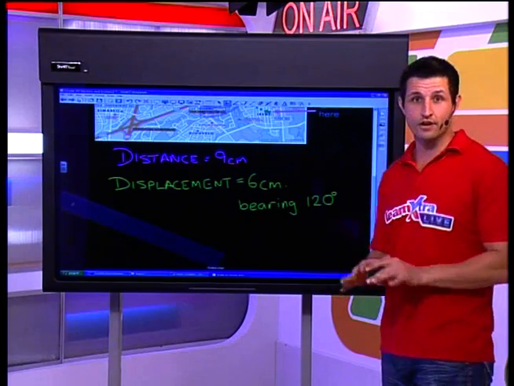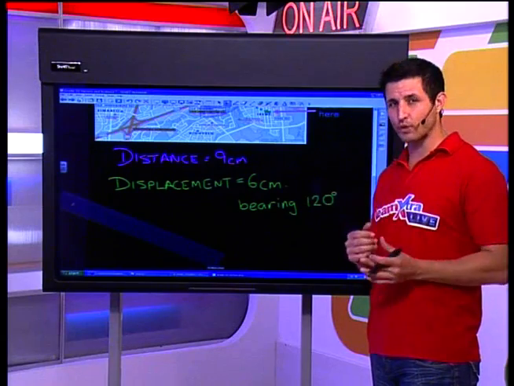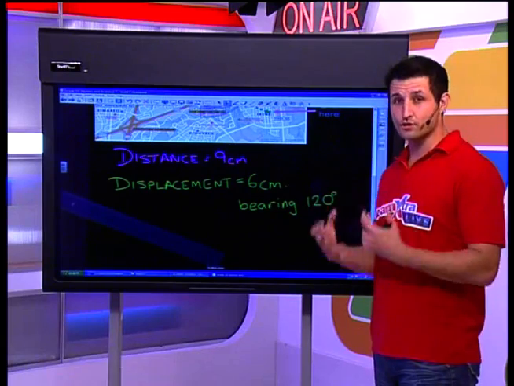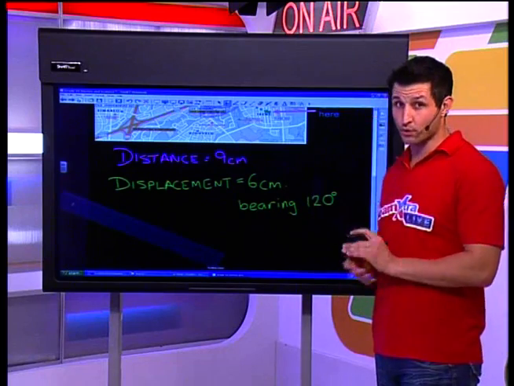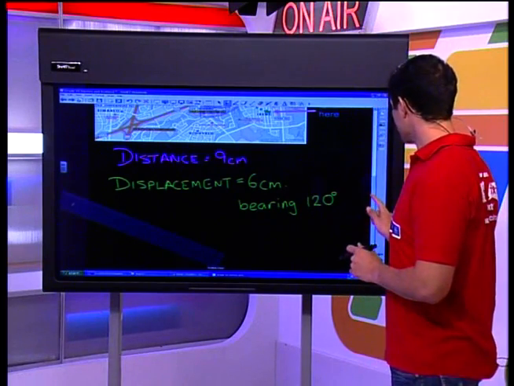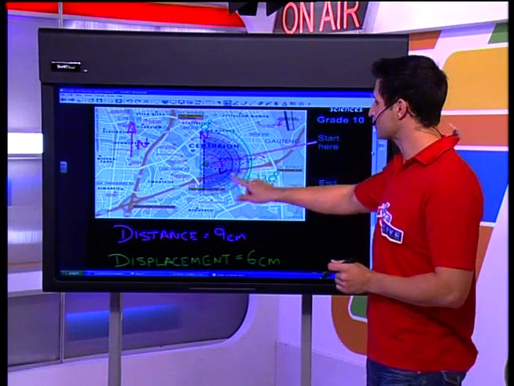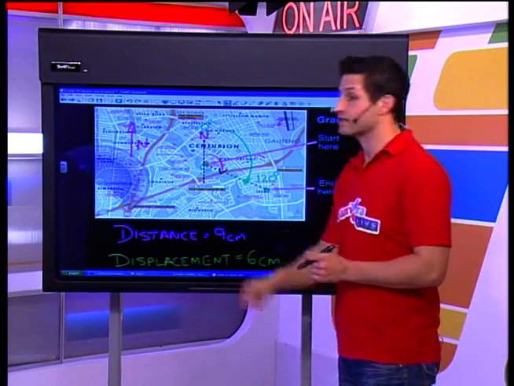It's got a direction. Now, if you're watching last week, you can use north, east, south, west if it's a map. The problem is what happens if you don't have the cardinal points, the compass points. We're going to show you how to work with that a little bit later on. Okay, so now if I was to write this green arrow, let's just make sure that this is correct. Let's move away our protractor. We're going to use that a little bit later.